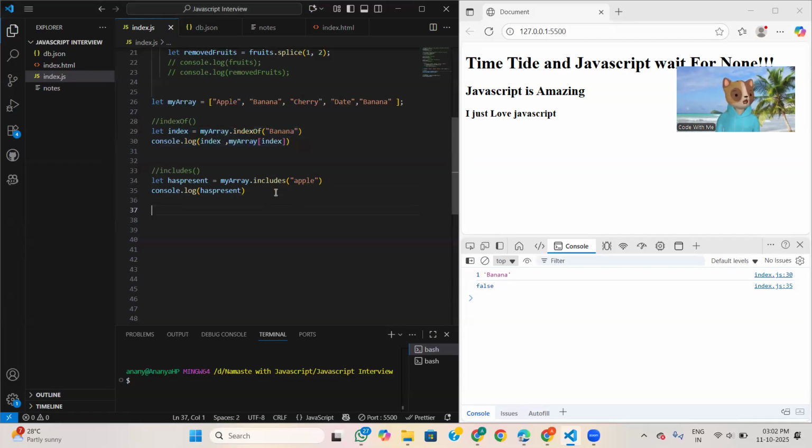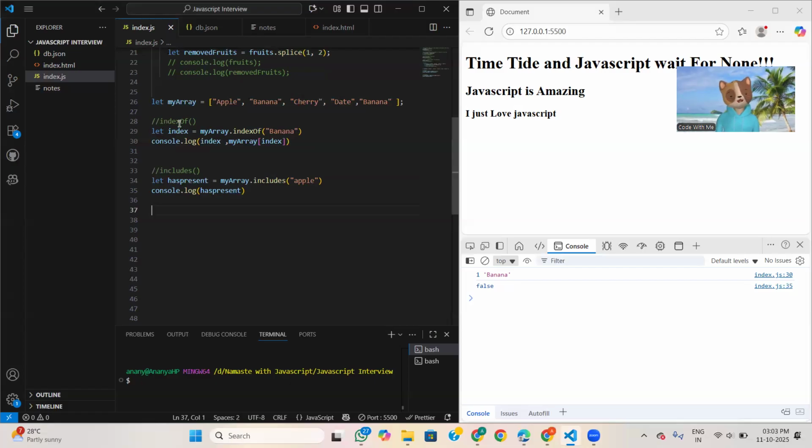And instead of the index, if we want to get the value itself, in that scenario we will use the find method.